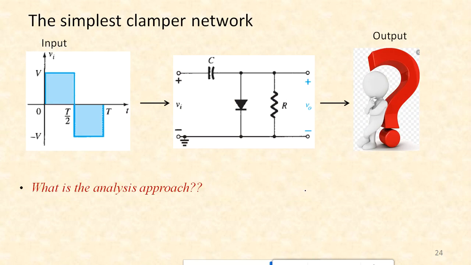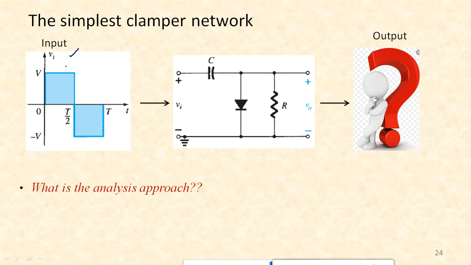Now let's try to understand the definition of a clamper with respect to a practical clamper circuit. That's the simplest clamper network available. That's the input signal, in this case a plain square wave. For clippers we had considered sinusoidal waves, although triangular and square waves can be used in the case of clippers also. Here, for easier understanding of the clamper concept, we have used a square pulse. But the same analysis applies whenever the input is triangular or sinusoidal.